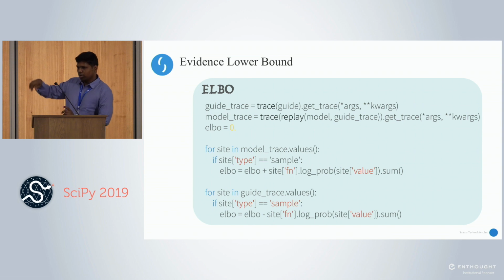So we go through all the model trace values and evaluate them under the joint distribution, the model distribution. And we do the same in the guide trace. We go through all the values and evaluate them under the Q distribution, the variational distribution. And we sum it all up, and that's basically our ELBO, the evidence lower bound, which we need to optimize to arrive at our